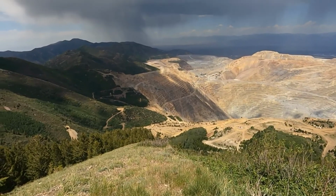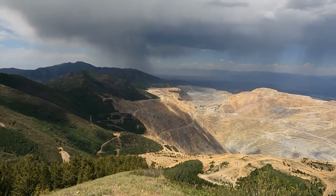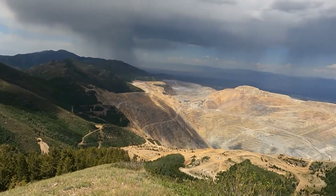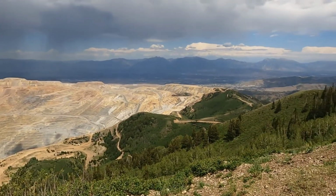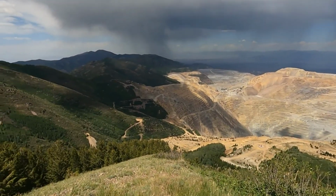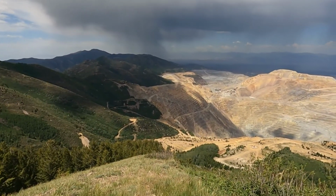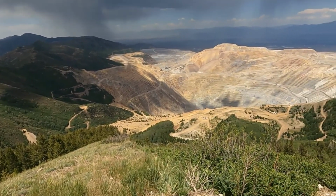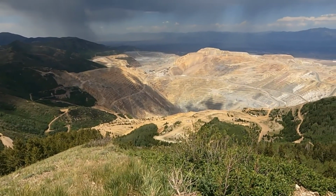But I do like the Oquirrh Range. A little bit underrated, I think, as a mountain range. Obviously dwarfed by the Wasatch to the east, but still a pretty cool place. And no doubt a rich mining history. Obviously, this open pit copper mine here